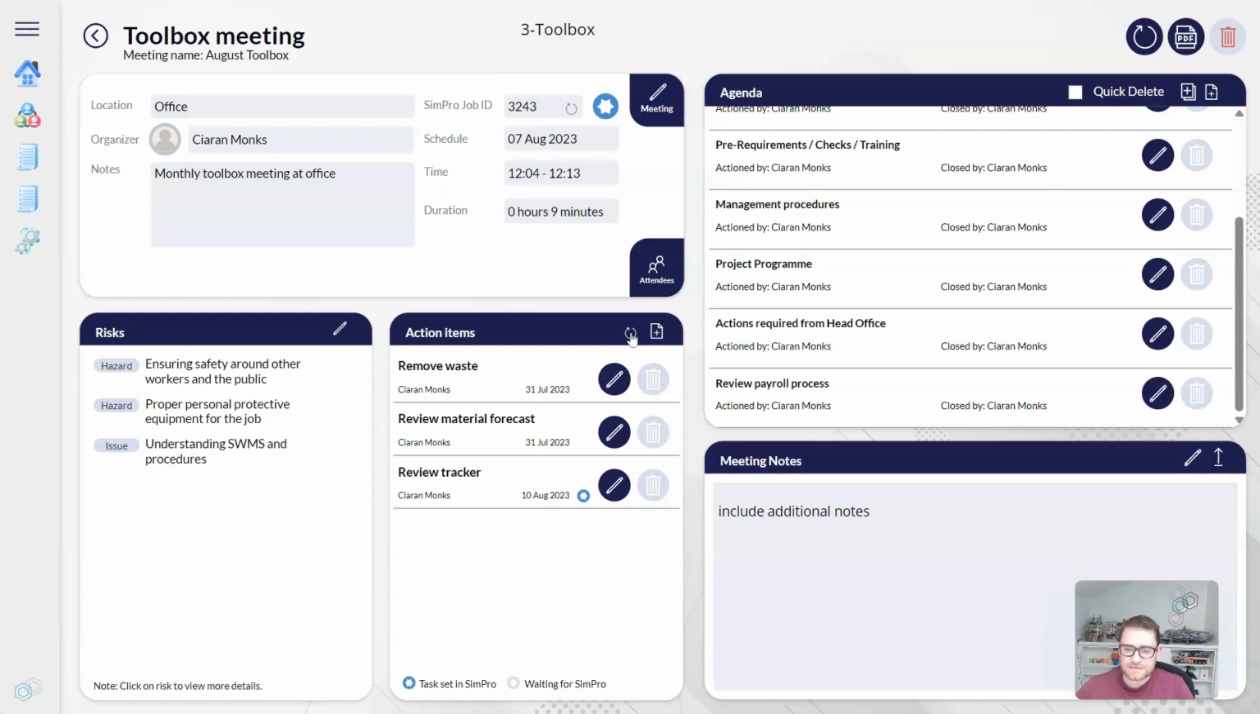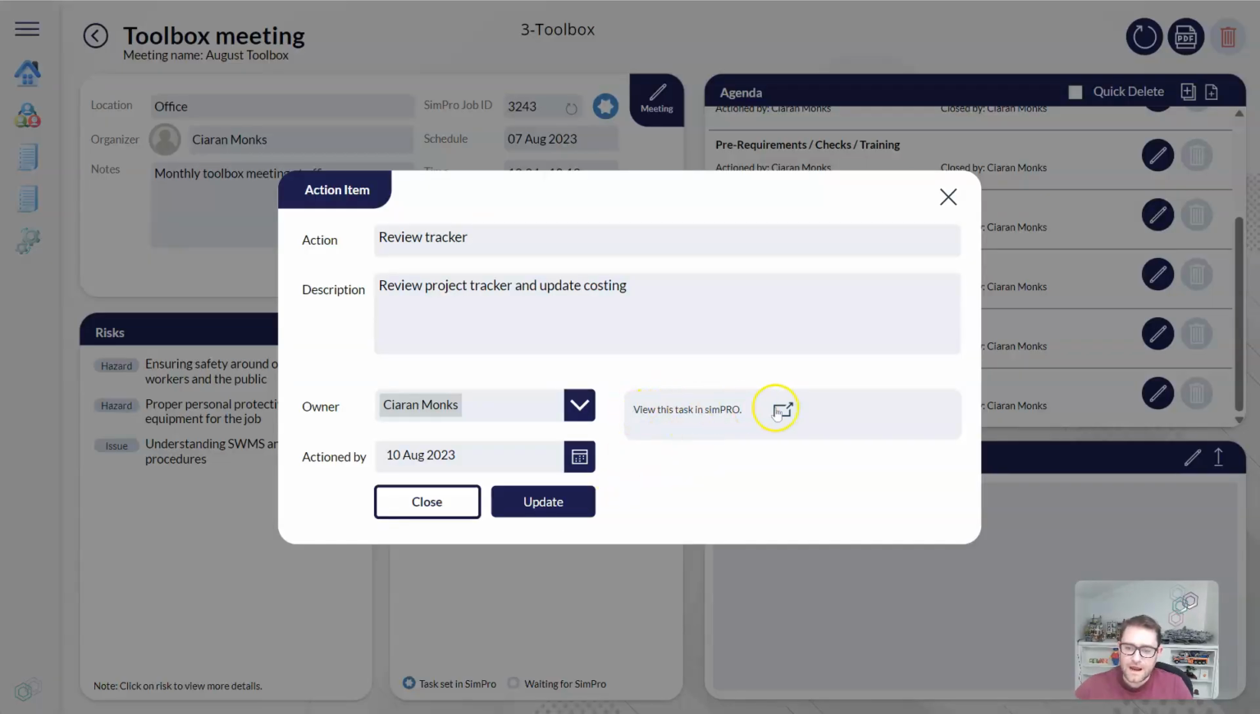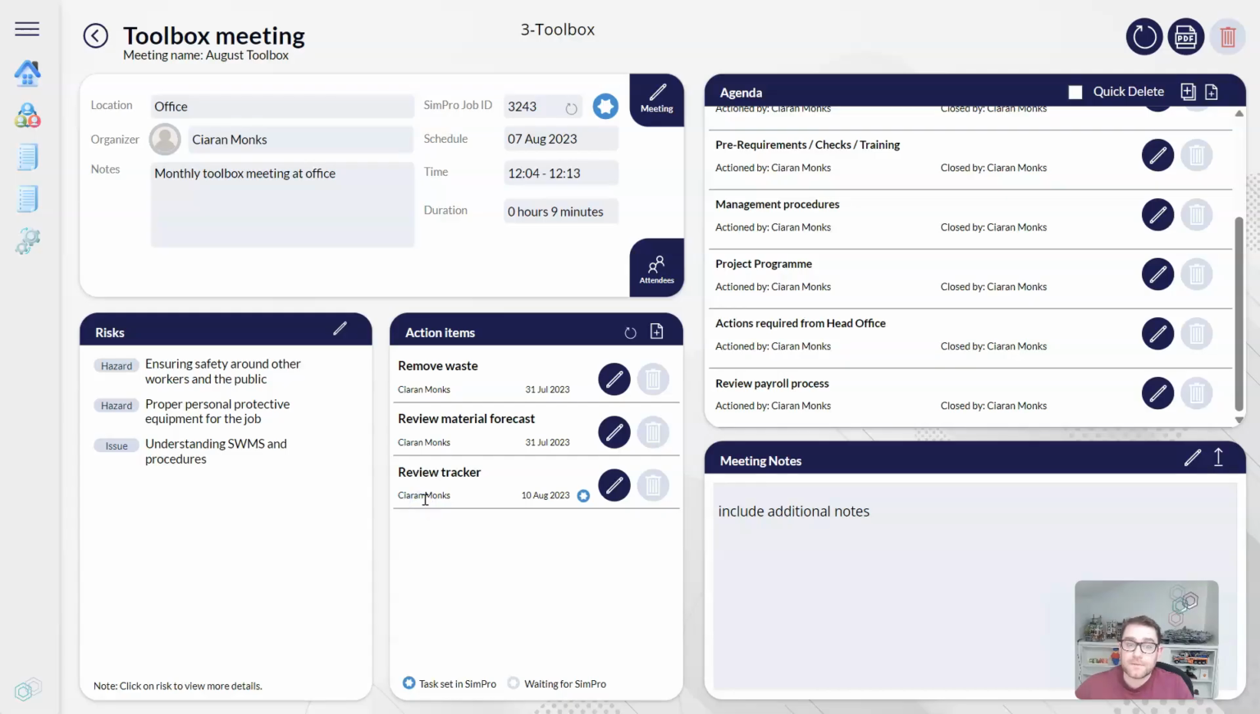Let's refresh this and see how it's gone. There we go. It's now turned blue. And so that's now telling you that the task has been put into SimPro. I'm going to go in here. I can then click on this and go straight to SimPro and actually look at that task. So you've now basically created that task in SimPro without having to go into SimPro,